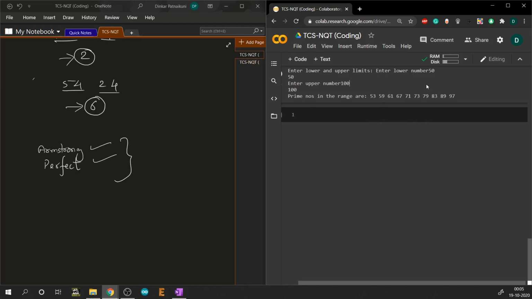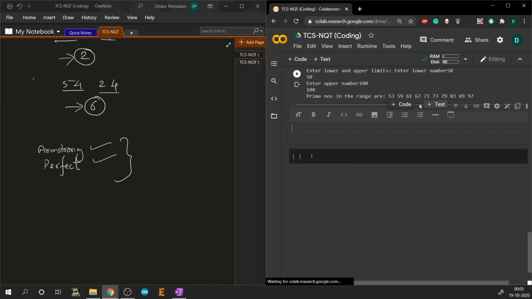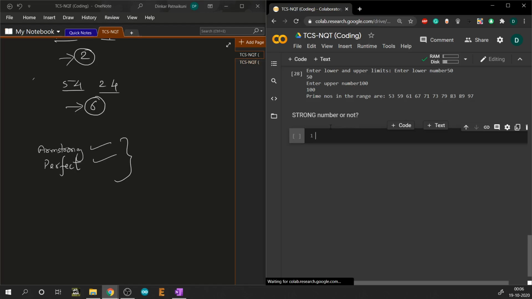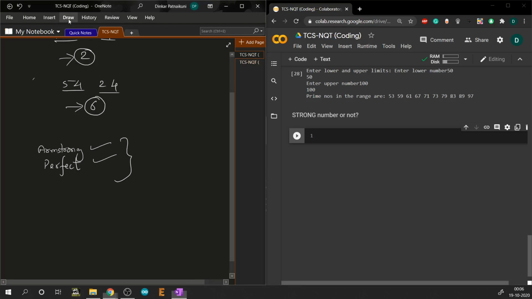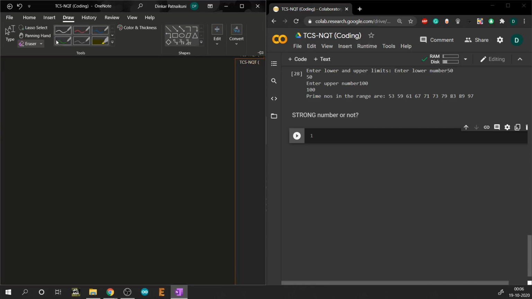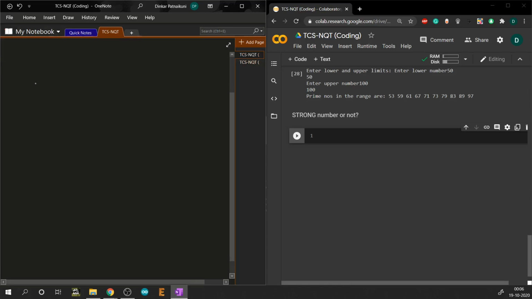Similar to that one, let me write a program to identify whether a given number is a strong number or not. So what do we mean by a strong number? Basically, when we talk about the types of numbers, there are many. The way we have various types of matrices like a skew matrix, singular matrix, upper triangular matrix, and lower triangular matrix, similarly whenever we talk about numbers and their types, especially while dealing with programs like NQT,